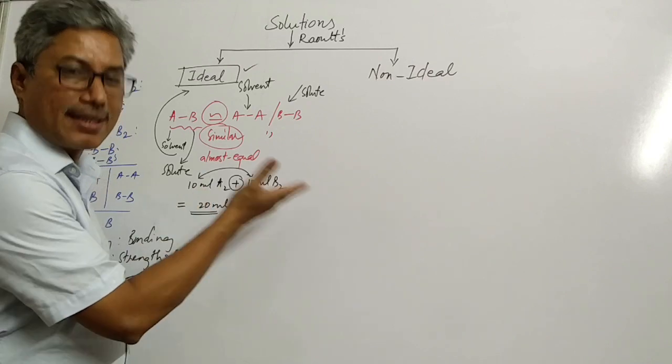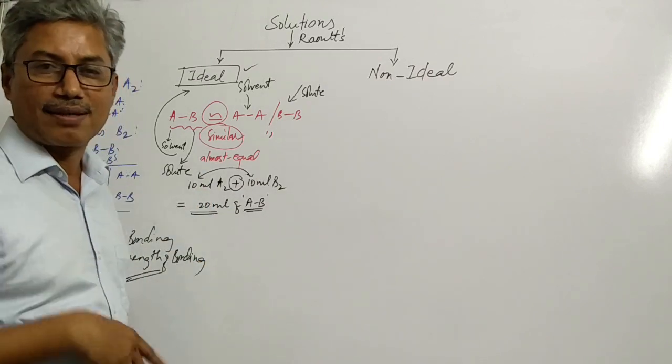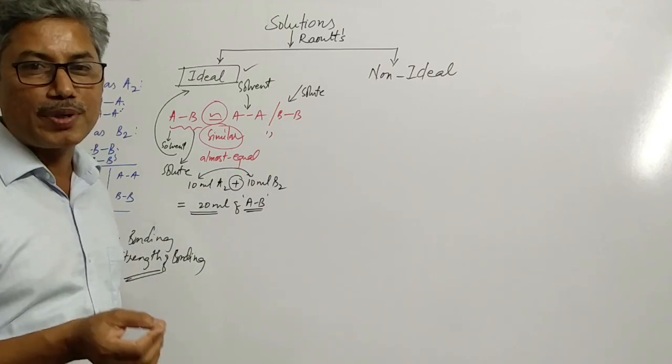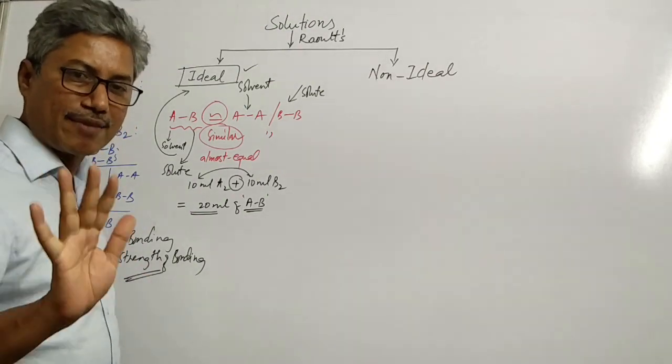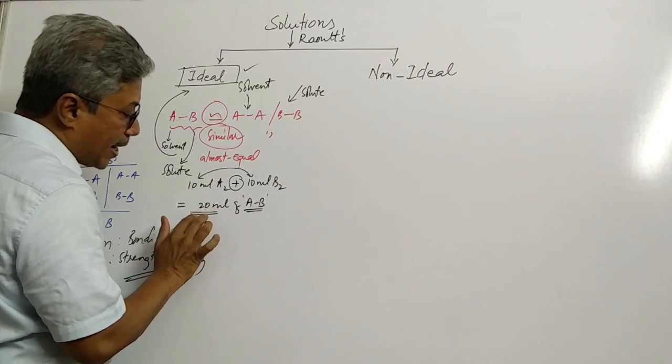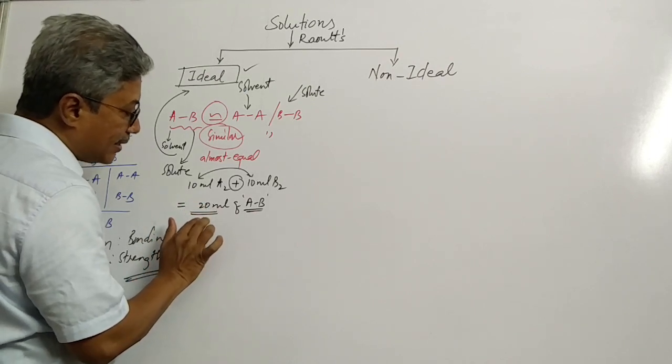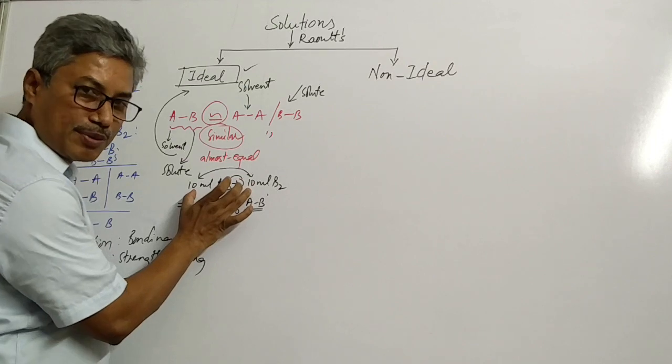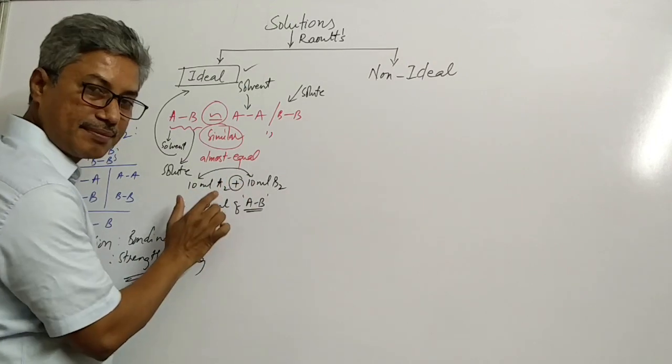10 ml upon mixing with another 10 ml, how much ml will you get? 20 ml, no. This will be the obvious situation, isn't it? But just wait. Here, if you get this 20 ml only, this 20 ml is the sum of the two liquids, isn't it? Two volumes of liquid, which is 10.